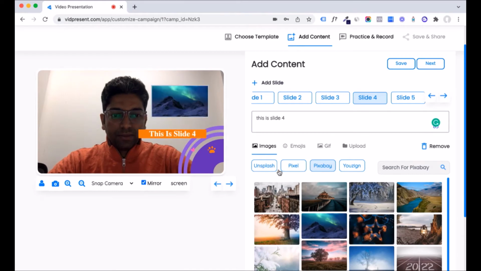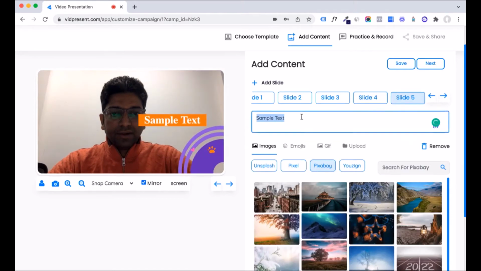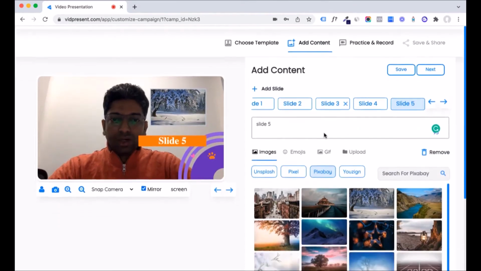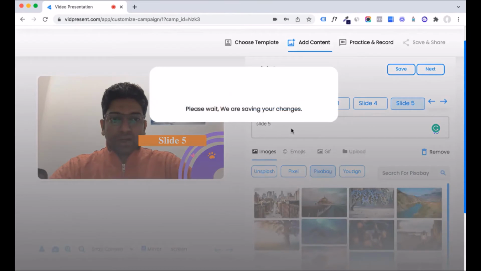You can add images, you can add emojis as well. Go to slide number 5 now. Slide 5, or any text you want to add, right? Once you're satisfied, you can just go ahead and click on the next button, and you will be taken